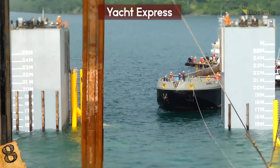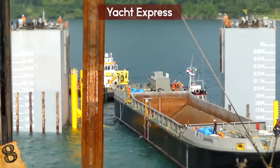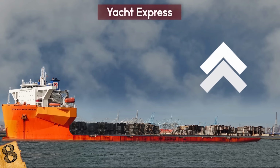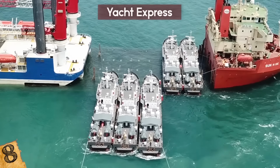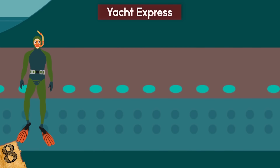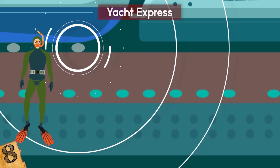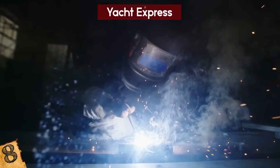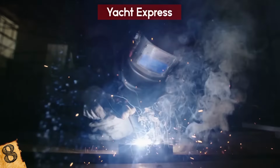This powerful yacht carrier has a semi-submersible dock bay and can accommodate yachts of any class. It also has a unique float-on, float-off method for loading yachts. This is done by submerging the main deck to a depth suitable for boarding the boats, then dispatching divers to place temporary supports that keep the boats elevated as the ballast water is emptied and the carrier rises back above the waterline. Once the deck is dry, the yachts are welded to specially designed fastenings to keep them safely in